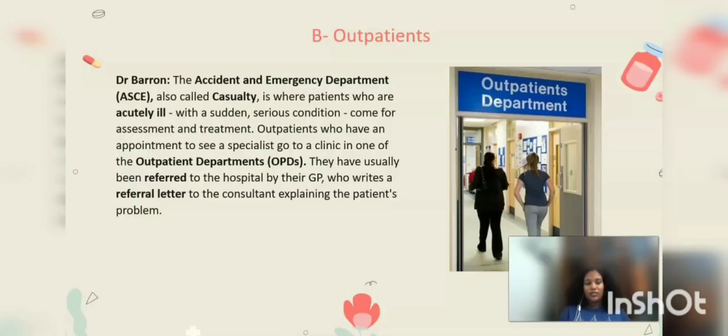Hi, good morning. In today's class, I'm going to talk about outpatients. Dr. Baron: The Accident and Emergency Department, A&E, also called casualty, is where patients who are acutely ill with a sudden serious condition come for assessment and treatment. Outpatients who have an appointment to see a specialist go to a clinic in one of the outpatient departments, OPDs. They have usually been referred to the hospital by the GP, who writes a referral letter to the consultant explaining